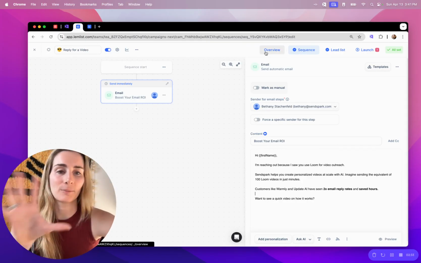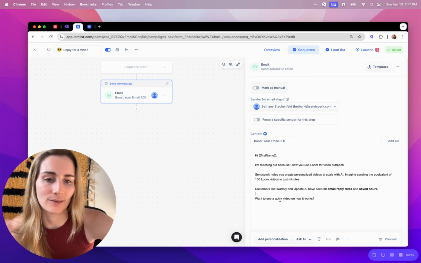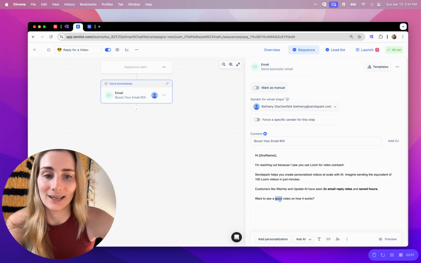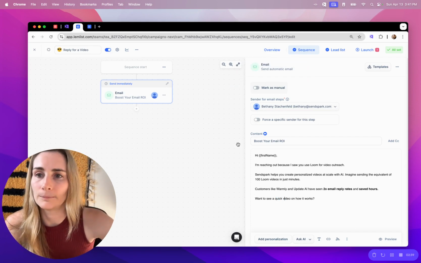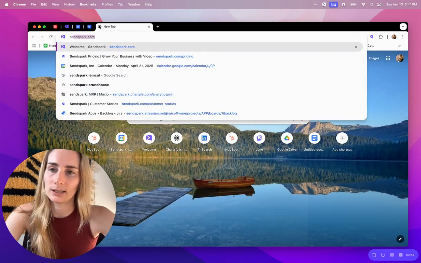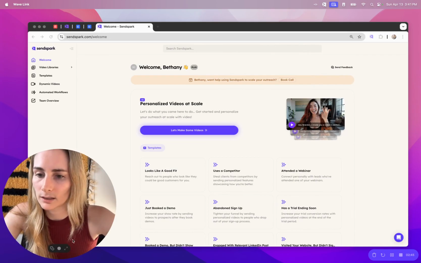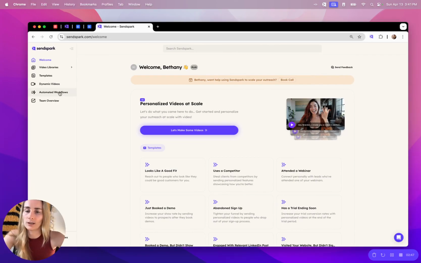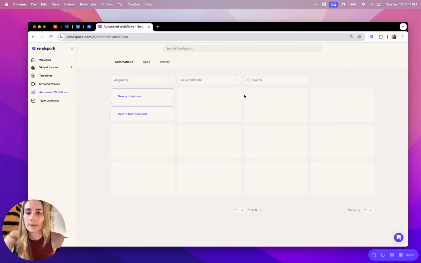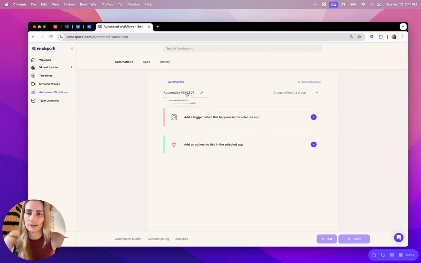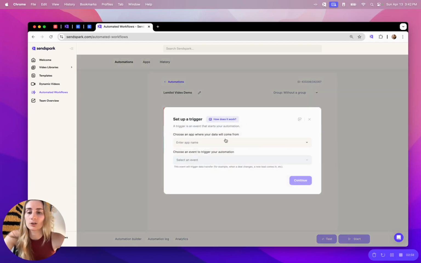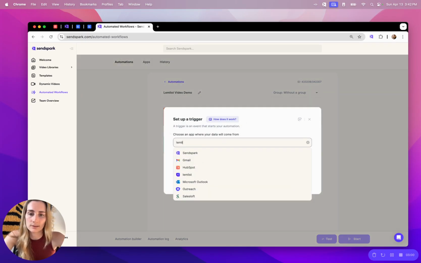So this is just a Lemlist campaign that you have, and make sure that we're asking people, hey, do you want to see a video? Then what you'll do is you'll go into Sendspark and you'll go to the automated workflow section of Sendspark, and we'll create a new automation that's called Lemlist video demo. And the trigger is going to be Lemlist,